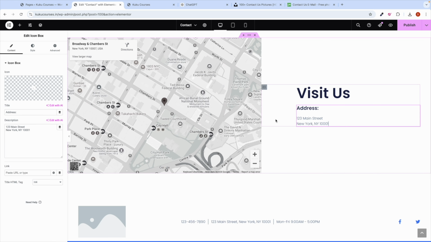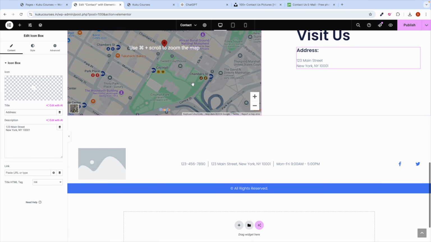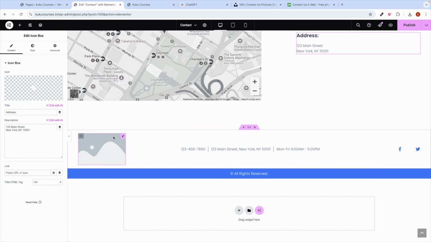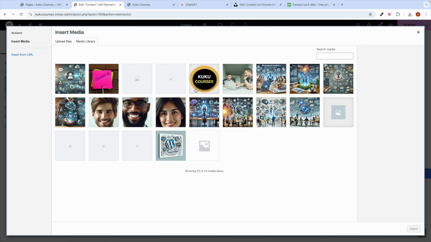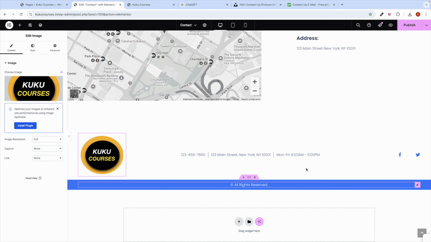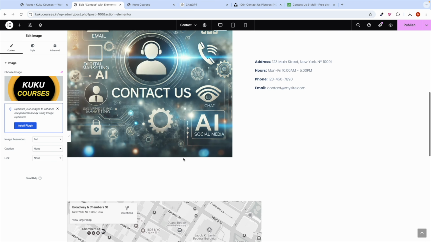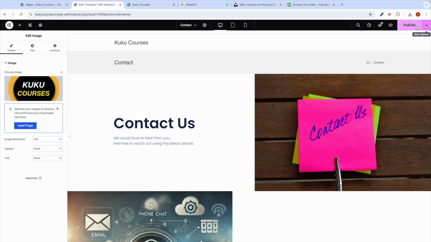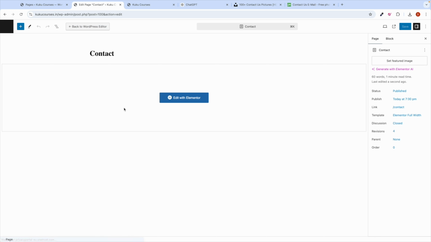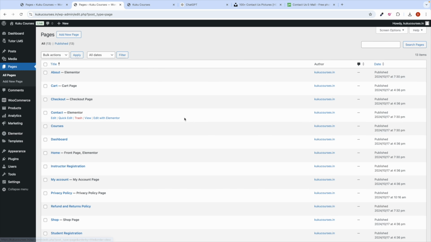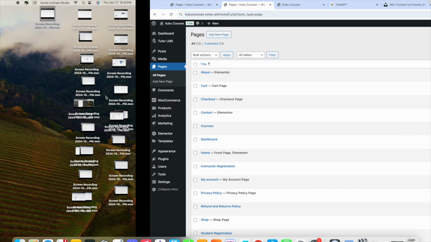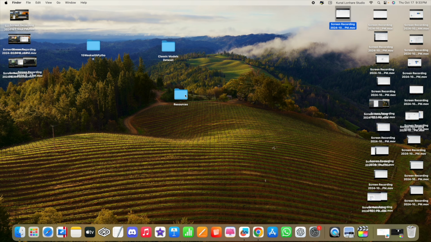Okay, you can just tap here and change the address, and of course here you can just replace it with let's say your images like this. Okay, great. So we have created the contact us page as well, right? So you can see it's very simple and easy. Okay, and do not worry, I will going to provide the images as well. Okay, the contact one,